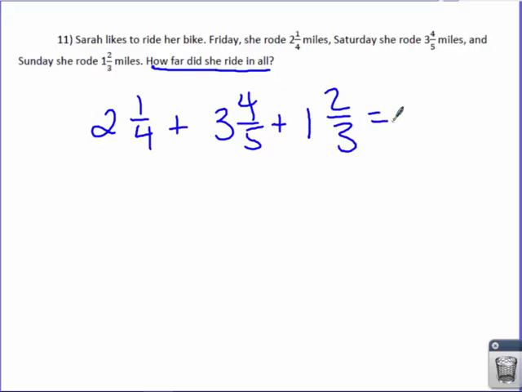Now you can do this one of two ways. You can work 2 of these fractions and then add the third one in, or just do all 3 of them at the same time. That's the way I choose to do this one. So since they all have different denominators, I do have to find a common denominator. Now, with 4, 5, and 3, the easiest way to find those is just multiply them together, to be real honest. Okay, so if I do 4 times 5 is 20, times 3 is 60, that will be a